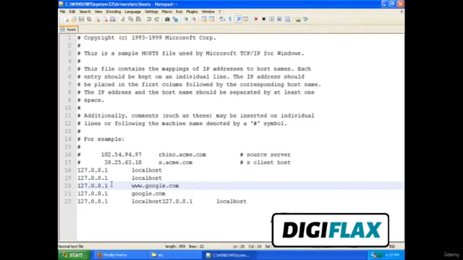So in that way, if someone can hack your computer and hack your DNS, he can actually access all your sensitive and confidential information.